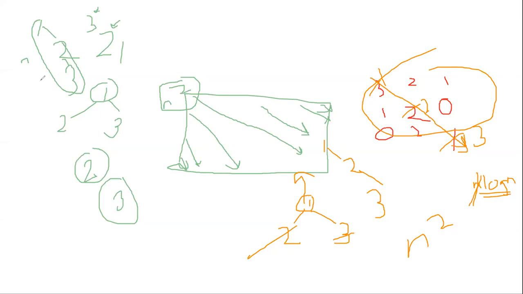And how many total diagonals are there? n square. So let's take the worst case: one time it will be 1 log n, 2 log n, 3 log n, 4 log n, and just ignore the log n. It'll be 1 plus 2 plus 3 plus 4 till n, and the summation of 1 till n is n into n plus 1 by 2, right? Which is n square. Okay, I got it, so because of the log element, it is taking up. Yeah, I hope you understand that. Yeah, thanks.